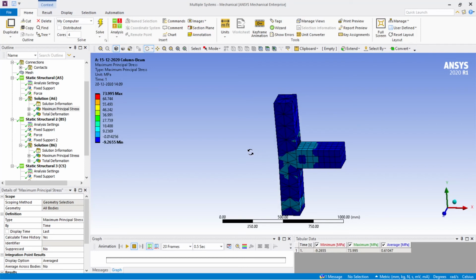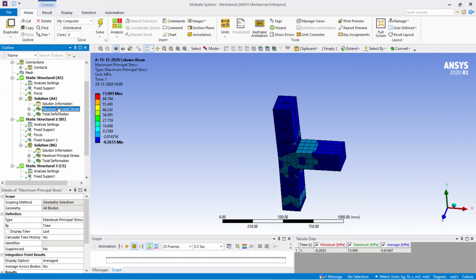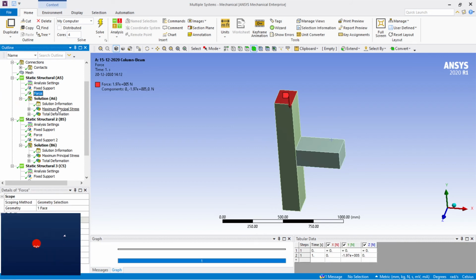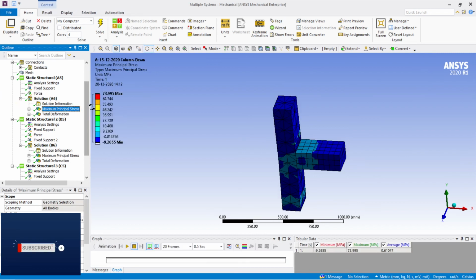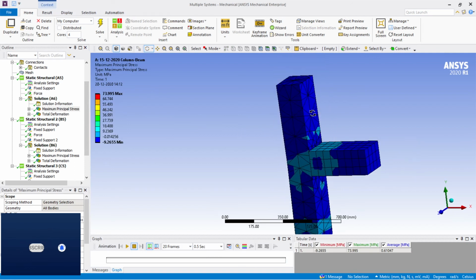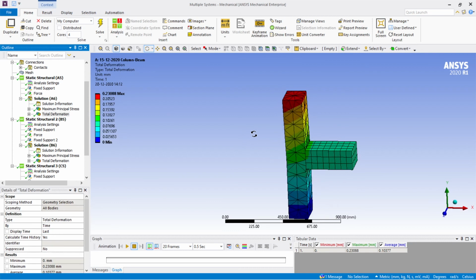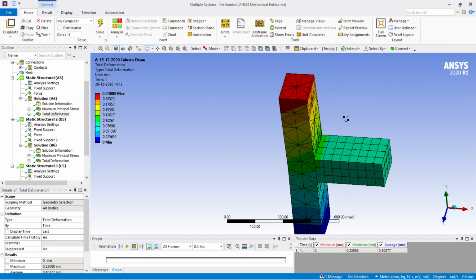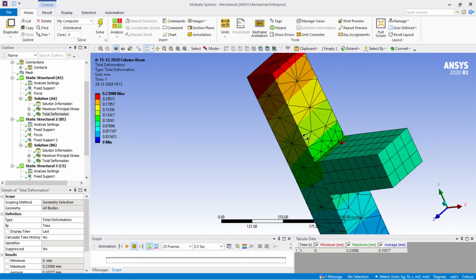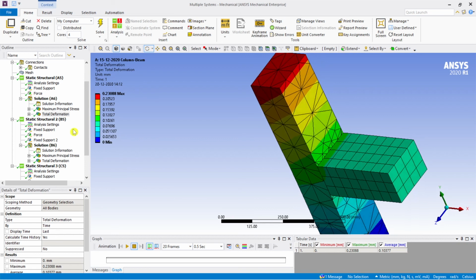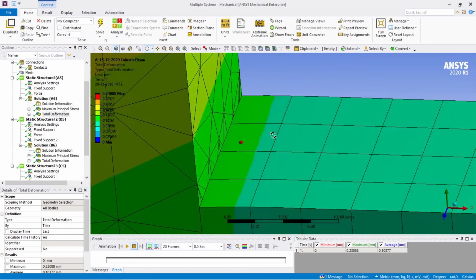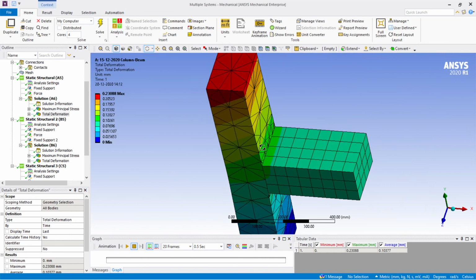So my dear friends, you have seen the analysis here. The maximum principal stress for a load of 197 kilonewton is 74 megapascal. Okay, so this is the 74 megapascal for this load value. The total deformation is maximum at the top surface, at the point of application of load. Here also the stresses are getting yielded. You can see the green portion is just starting to take the stress.